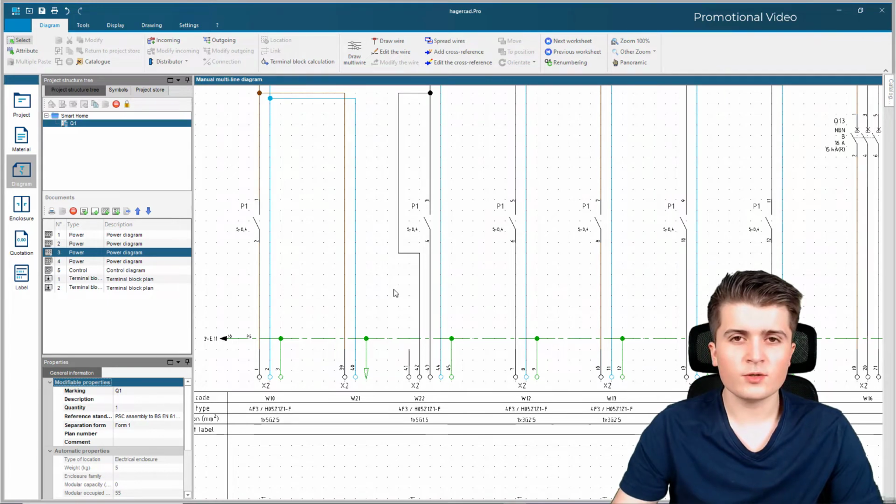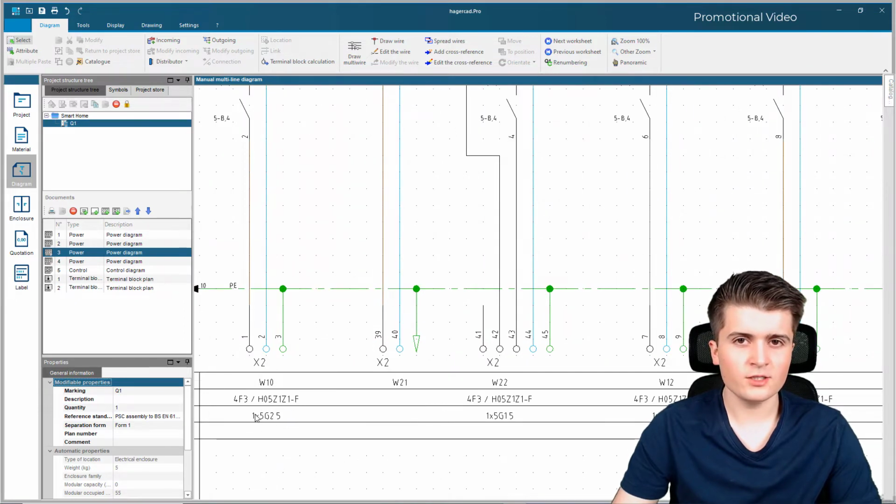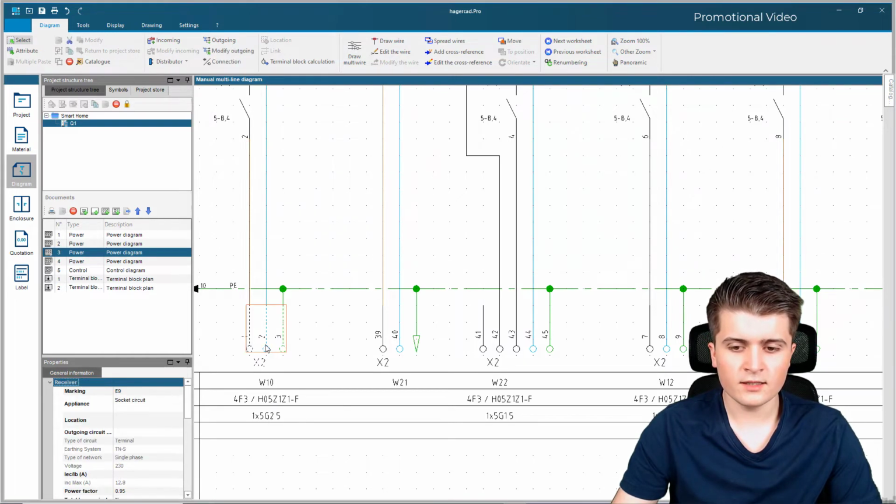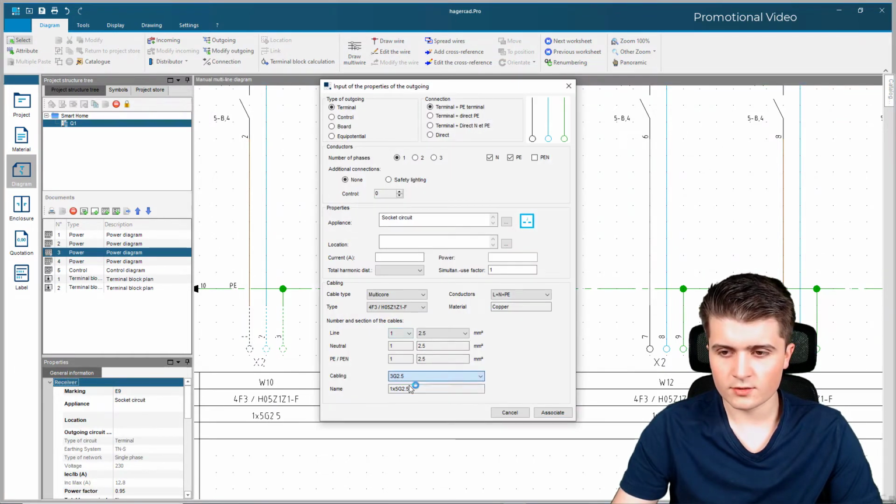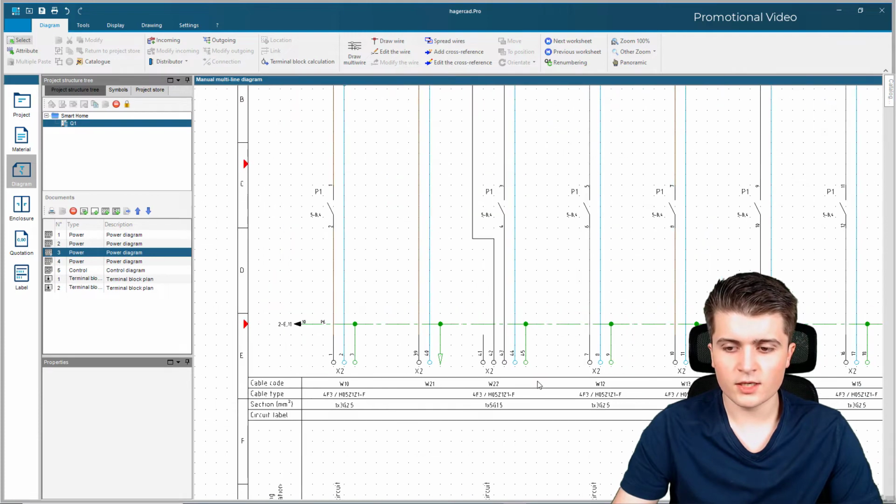And this is something that we couldn't do in the automatic mode, because if you take a look back here at the first terminal where we wanted to try it, you can see that the cable type itself did change. However, it didn't draw those 2 additional wires to it. So I quickly changed the output here so that the wire type itself is correct again. So going down here, and now I change it here to 3 times 2.5 millimeters, clicking on associate,